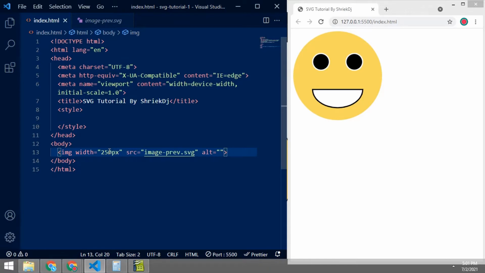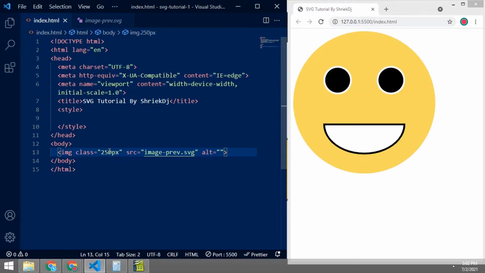We can also use px. Whether we use px or not, both have the same values. If we are not using px, it automatically corrects it to px. Whatever.